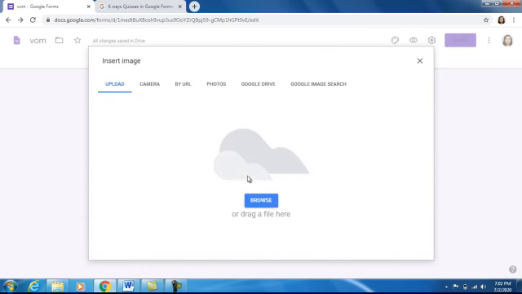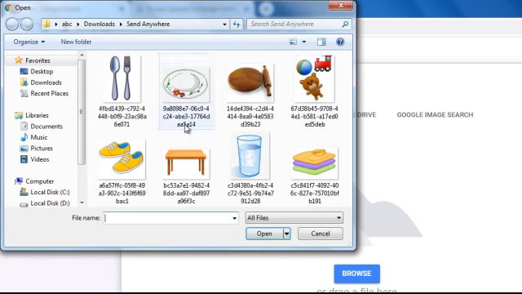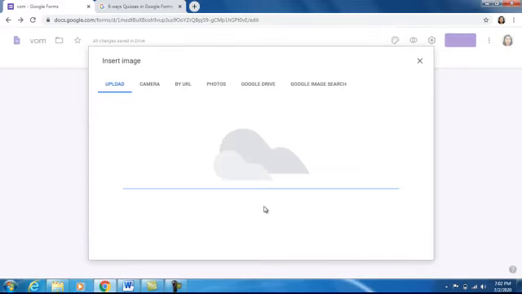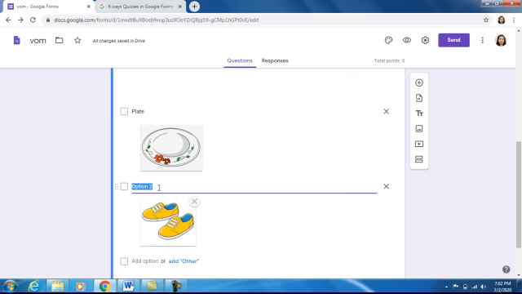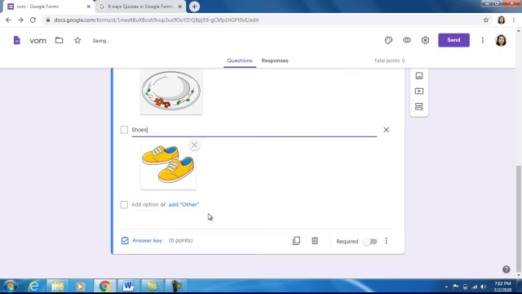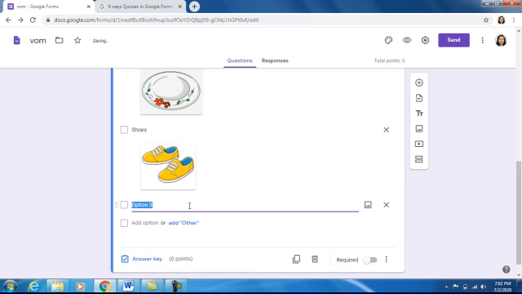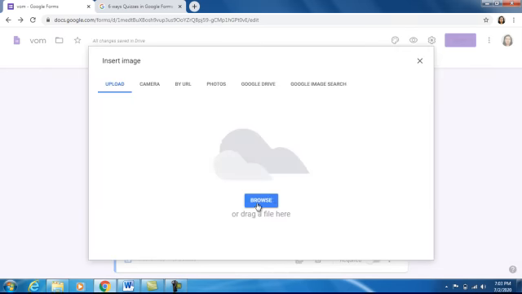Again click on this picture button, browse, select the picture. Let's say I've selected shoes. Now change the name, write down shoes over here, press enter, again select one more picture, browse.